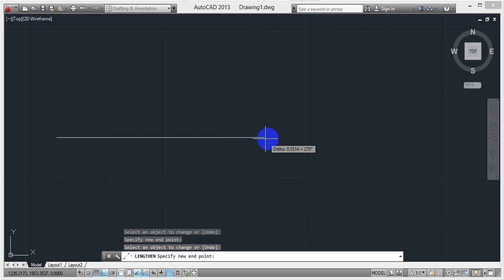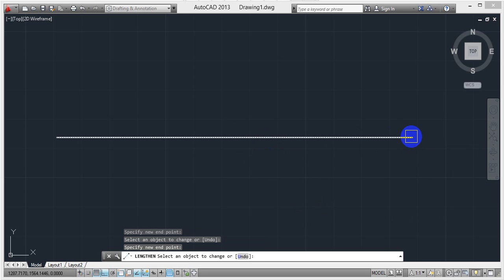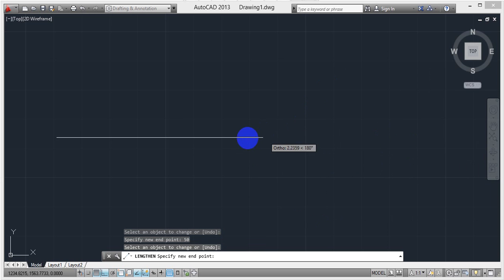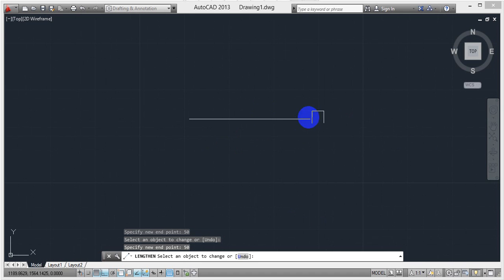If you want to increase, select this. 50, enter. Okay, 50 decreased, again 50 decreased. Again 25 decreased. Okay, everything is decreased. Delete.